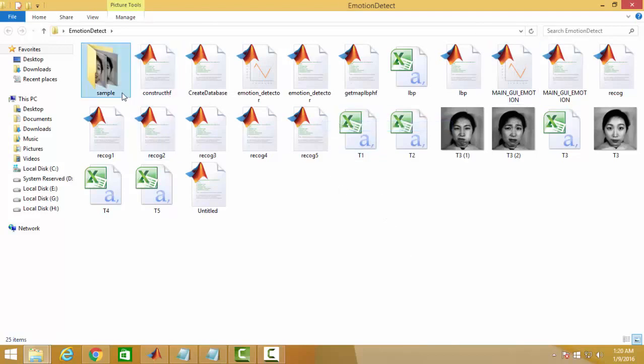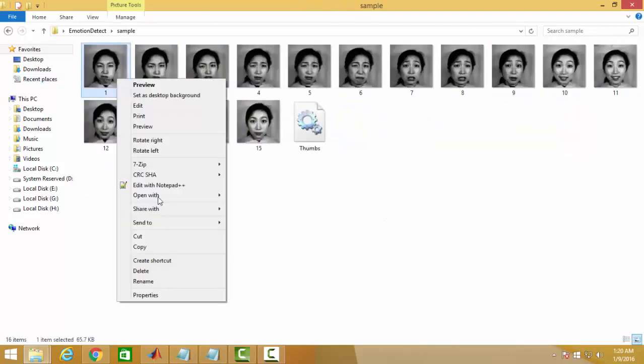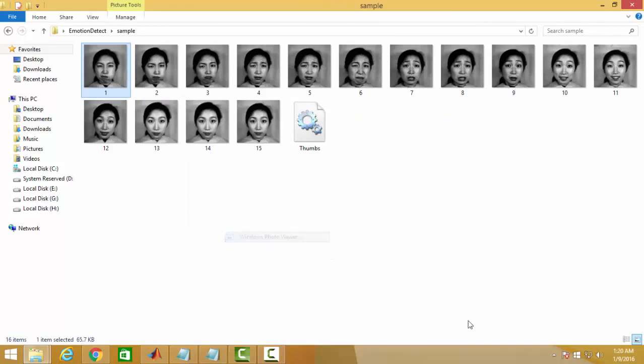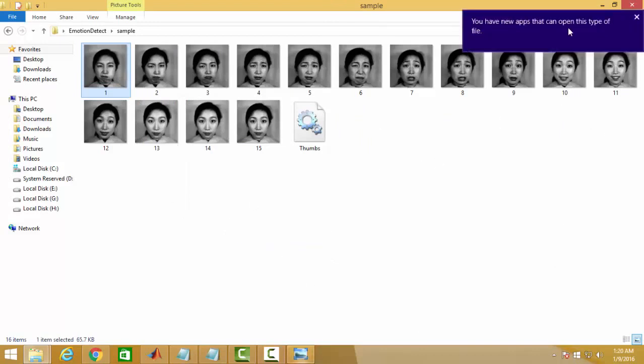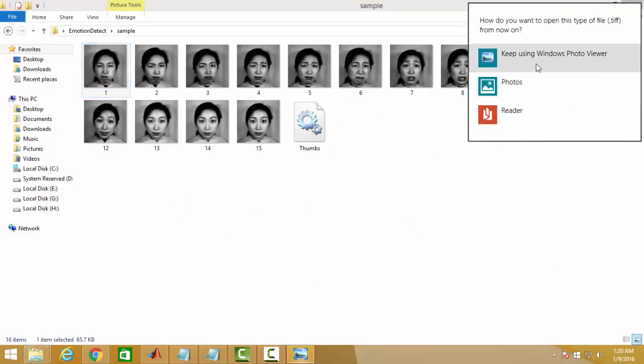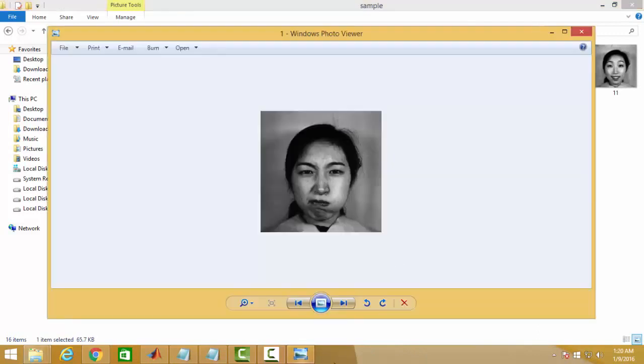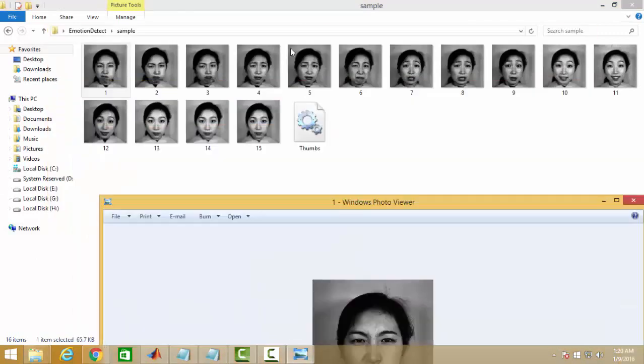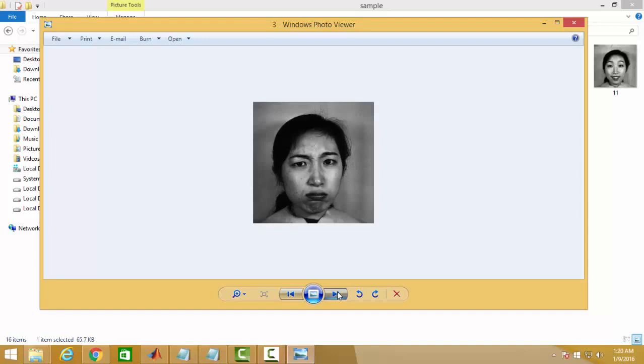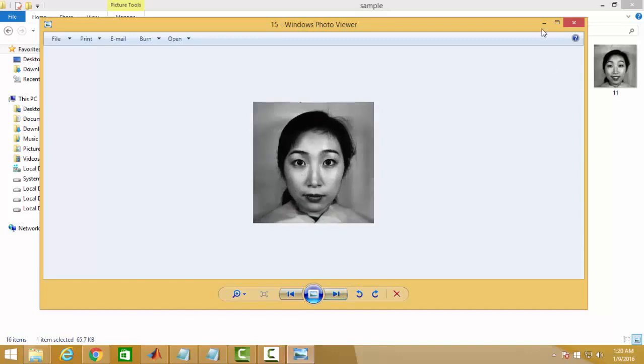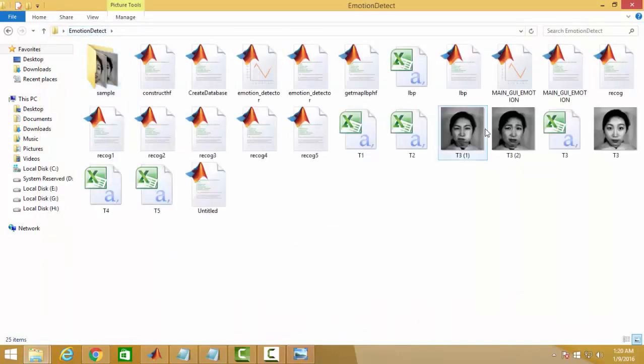These are the source code of the emotion detector. I'm going to show you some images of a person. These are the various expressions shown by a woman's face. Correspondingly, these expressions